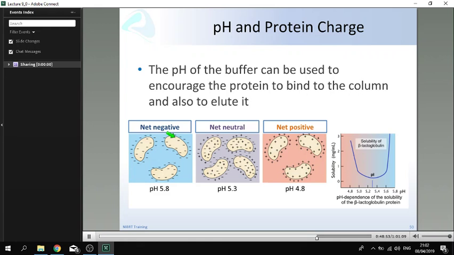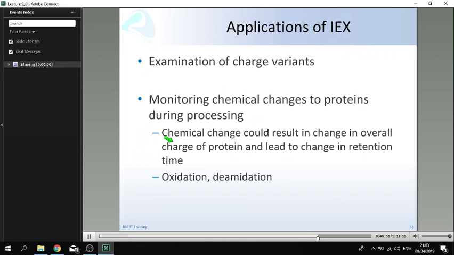And if we put it into an environment with higher pH than its pI, so for example 5.8, it will be net negative. So by knowing that, we can change the pH of whatever we have inside the column. IEX is used to examine charge variants of different charge isoforms of our drug,